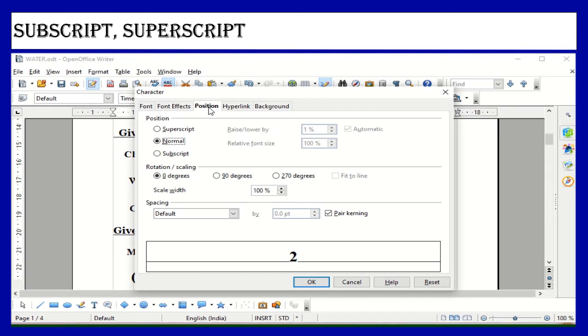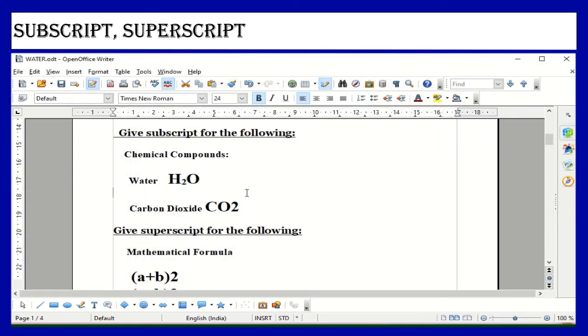Position. We have to select the Position tab. And here could you see Superscript, Normal, Subscript. Now what is required for us? Subscript. So if you select the subscript option, then the selected number or text will be displayed below the baseline. Now give OK.